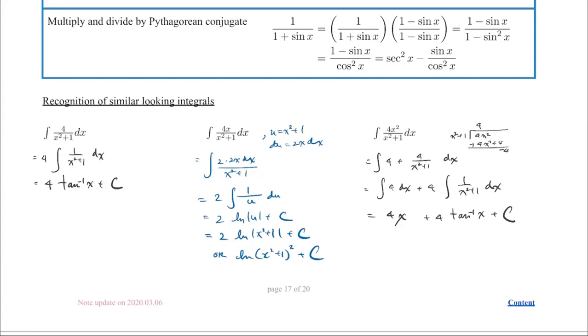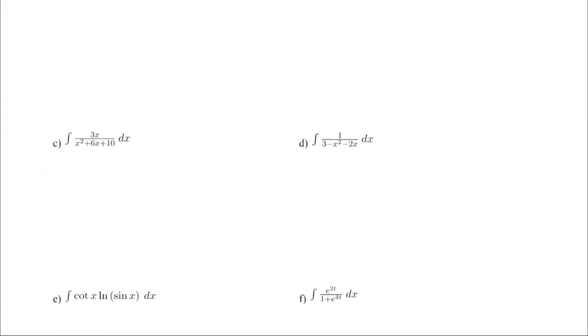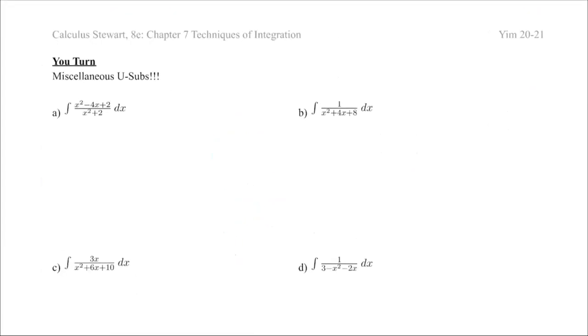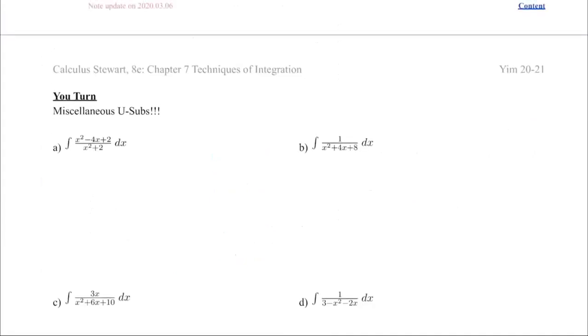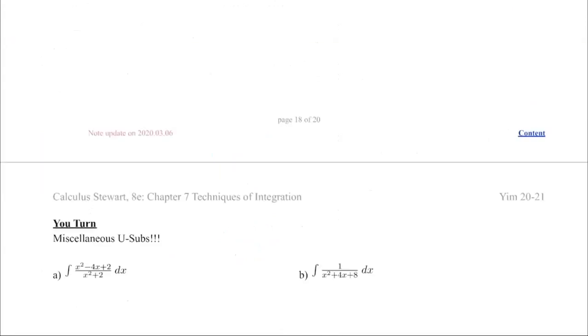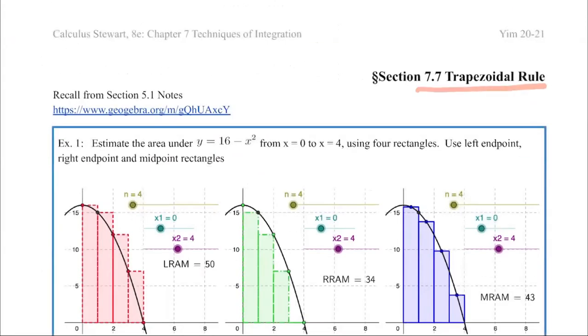The next page is your turn. So do me a favor. We're going to do this in class, but why don't you do at least, I don't know, how about 2? I want you to try this one and this one, and I'll be checking for it on your note submission, okay? All right, guys. We're now going to move on to the second phase of the notes, which is 7.7